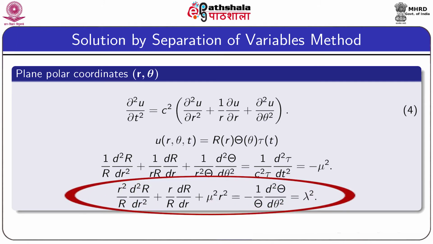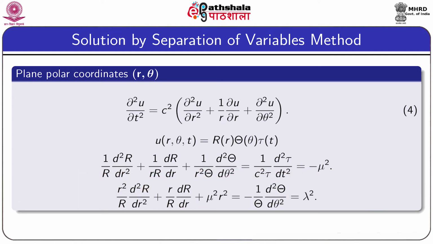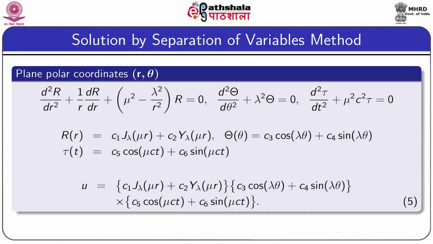Now, we are separating the functions of r and theta, and we are assuming the separation constant as lambda square. So, assuming lambda square as a separation constant, we obtain the equations for R and Theta, which are written here